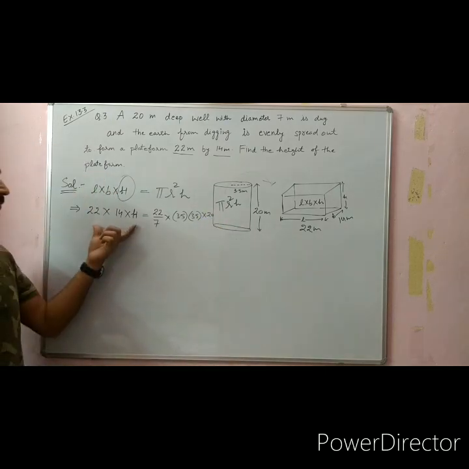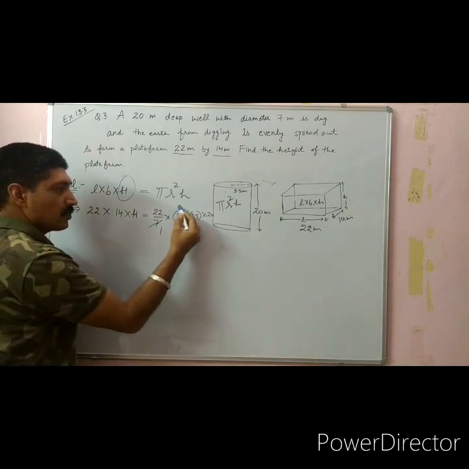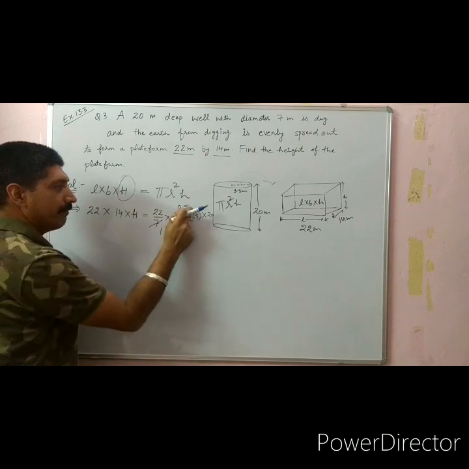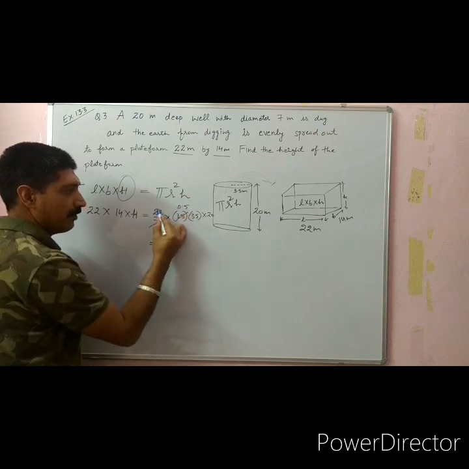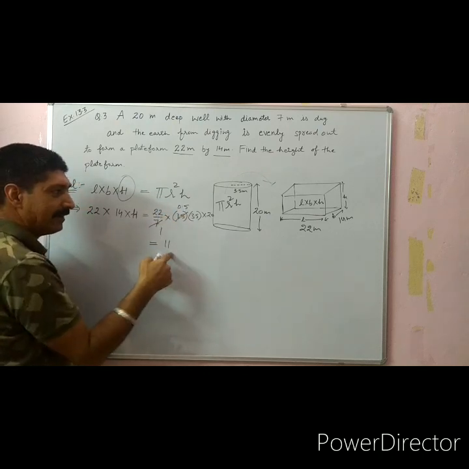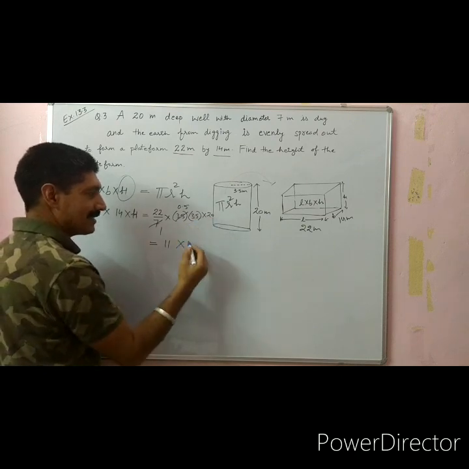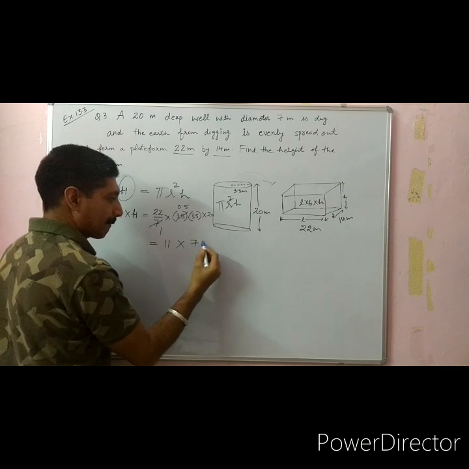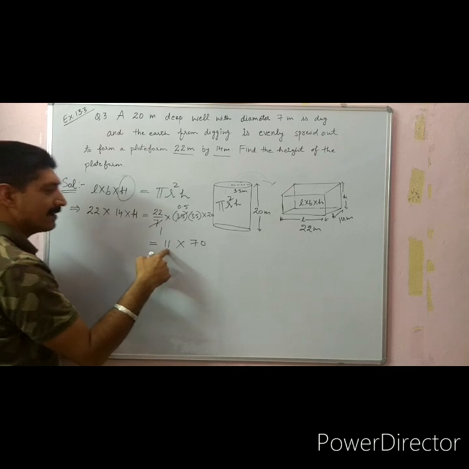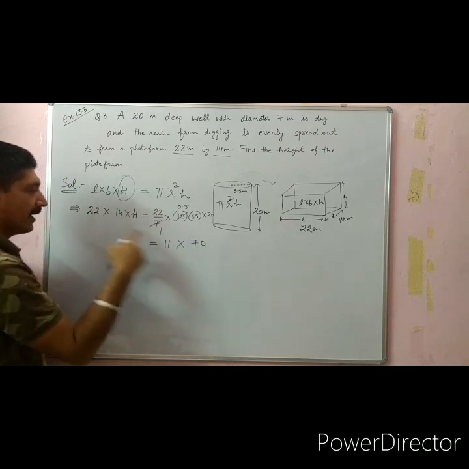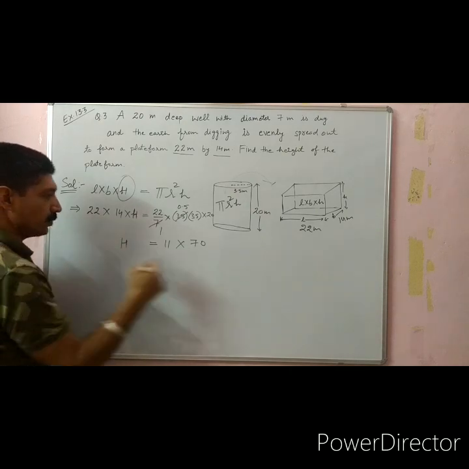So here we can go ahead, 7 ones are 7, 0.5 into 22, that is 11 here, and here 3.5 into 20, that is your 70. 20 into 3.5 is 70. So here we have 770, and the value of H here is equal to